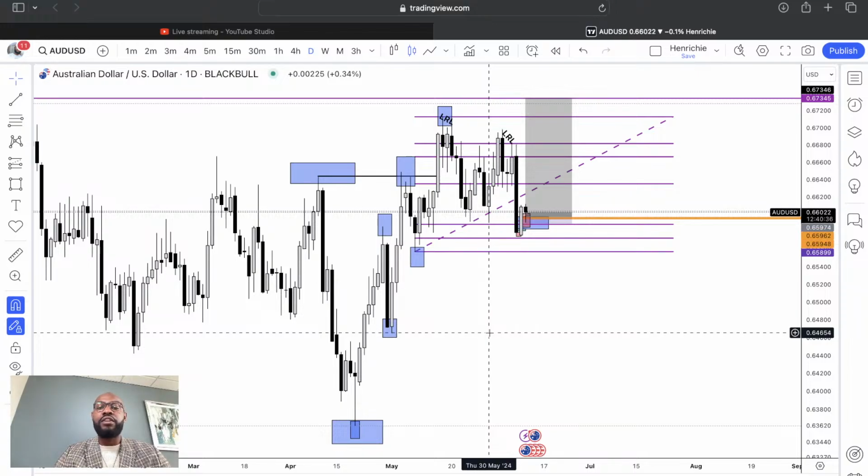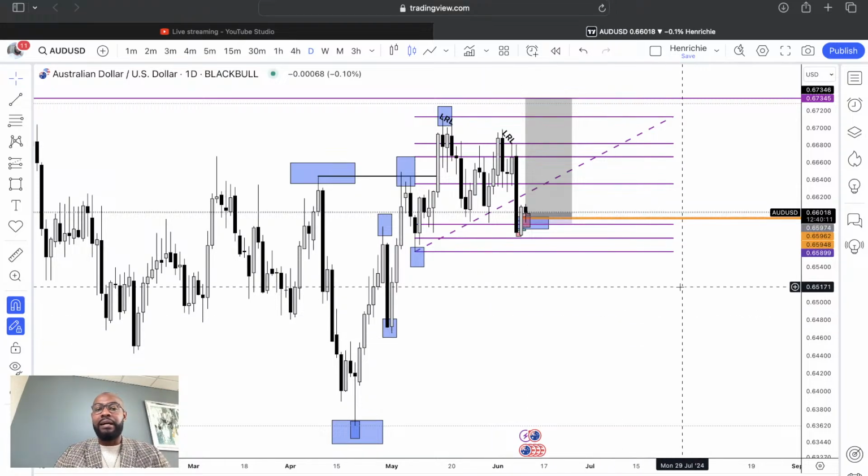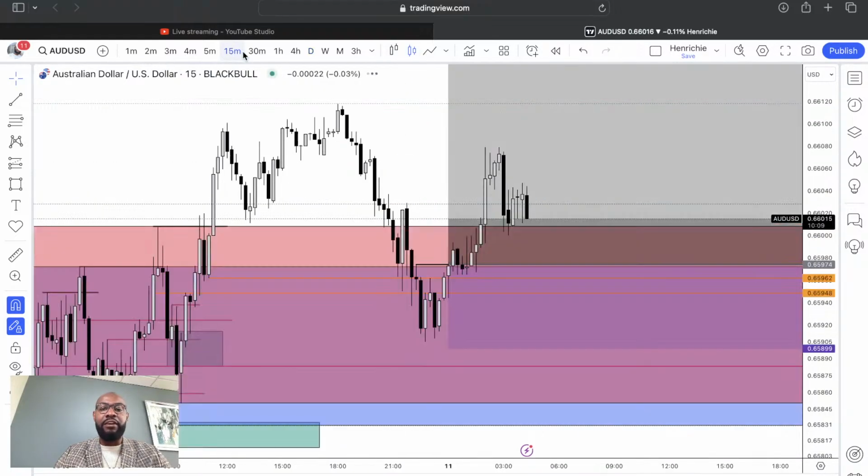If the high impact news comes out favorable to me, great. If it doesn't favor me, that's also okay. At the end of the day, I'm not trading the high impact news. I am trading my concept. And my concept, if it's showing me to buy, whether there's a high impact news or not, I'm looking for a buy. If it's showing me to sell, whether there's a high impact news or not, I'm looking for a sell. It doesn't really matter whether there's any high impact news available at that time of day or anything like that.